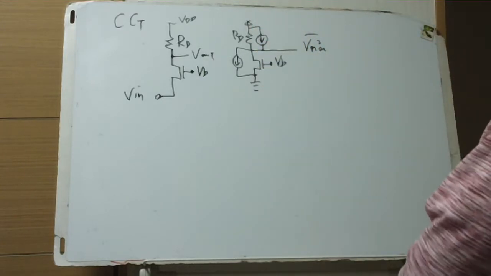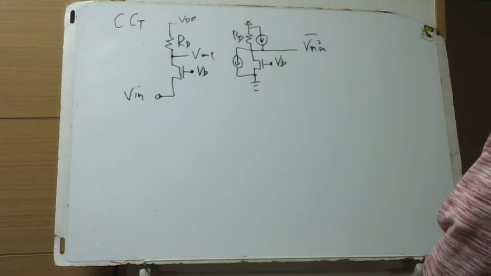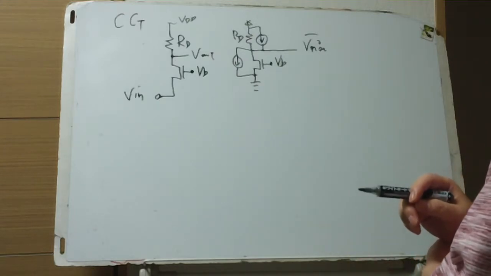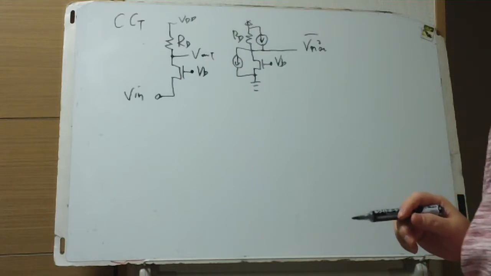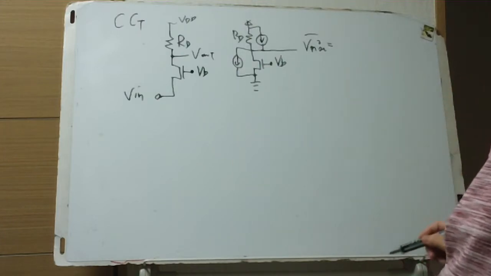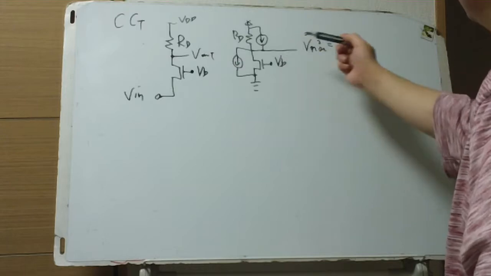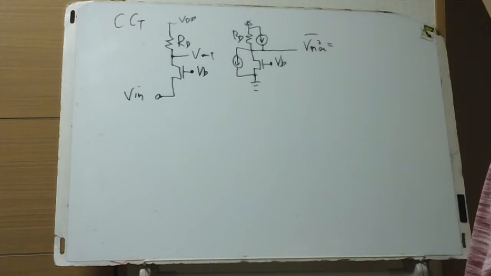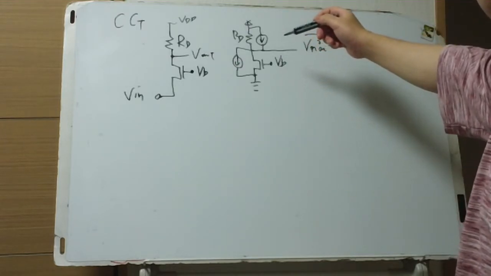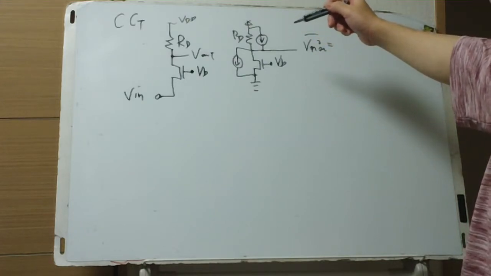For the input shorted case, this voltage noise power equals this current times the output impedance, output resistance, and this current